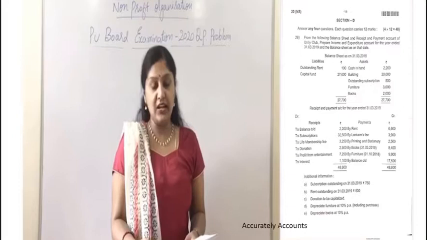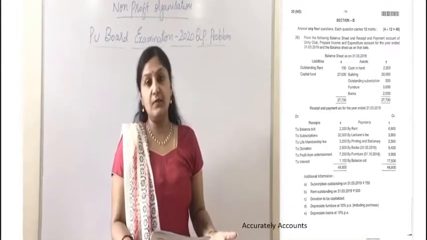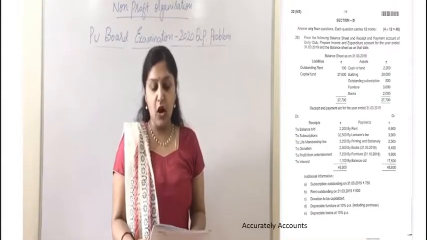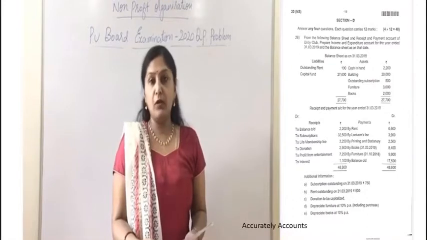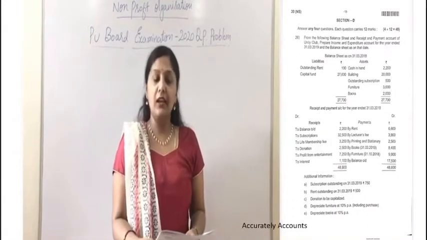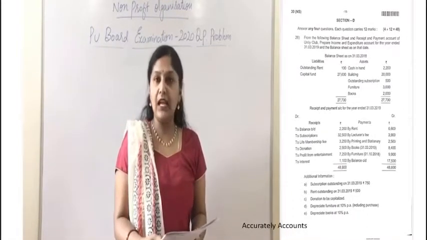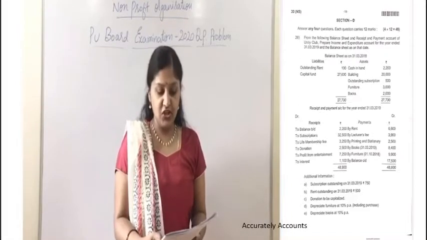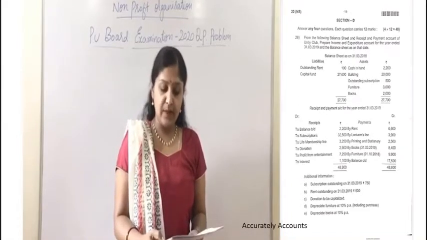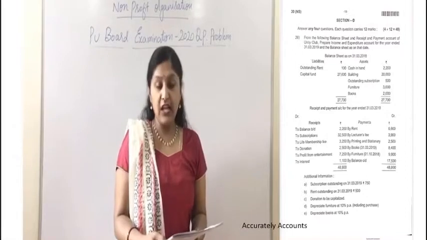And now coming to the payment side, the first payment we can observe here is by rent. This is the current year rent, and if there is any adjustment related to the rent, we need to consider that accordingly, and we need to treat it below the expenditure because it is one of the revenue items. Lecture fees, again we need to treat below the expenditures. Printing and stationery expenditures.